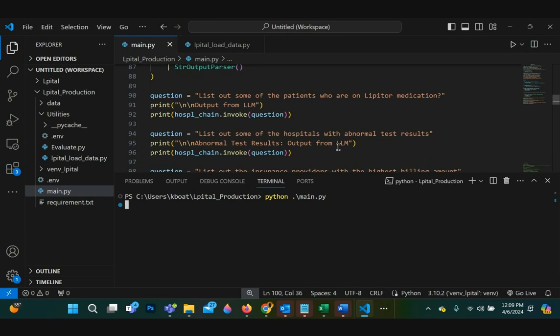I'll probably change it to a Chroma database and see how fast that happens.